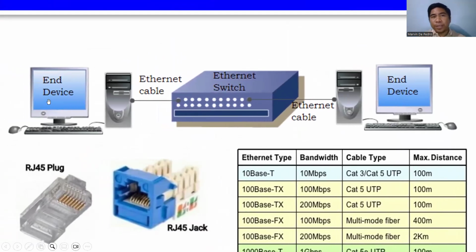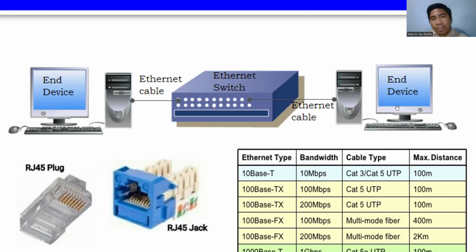Okay, so to understand further what Ethernet actually looks like, just imagine we have two end devices, robot A and robot B. Especially if they are located in a separate area, let's say this robot is located in site A while the other robot is located in site B, then they can communicate via computer network. One of the most common options for them to connect to the computer network is via Ethernet cables. The other option is wireless using Wi-Fi.